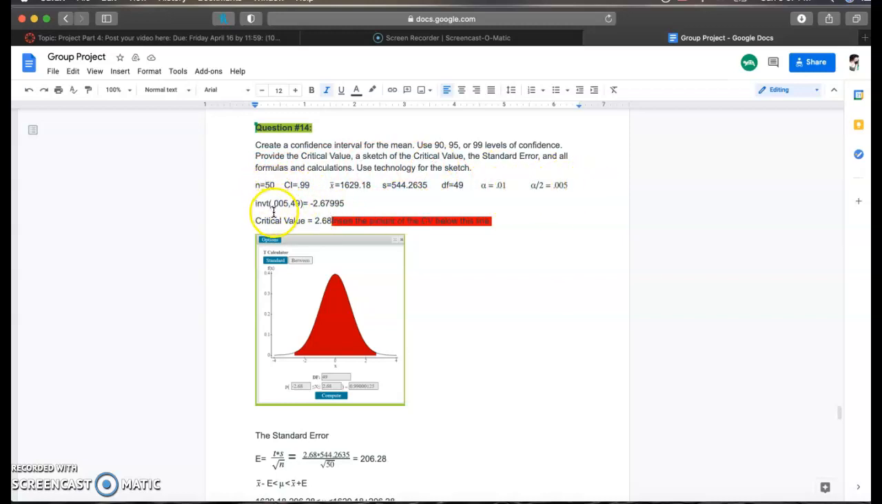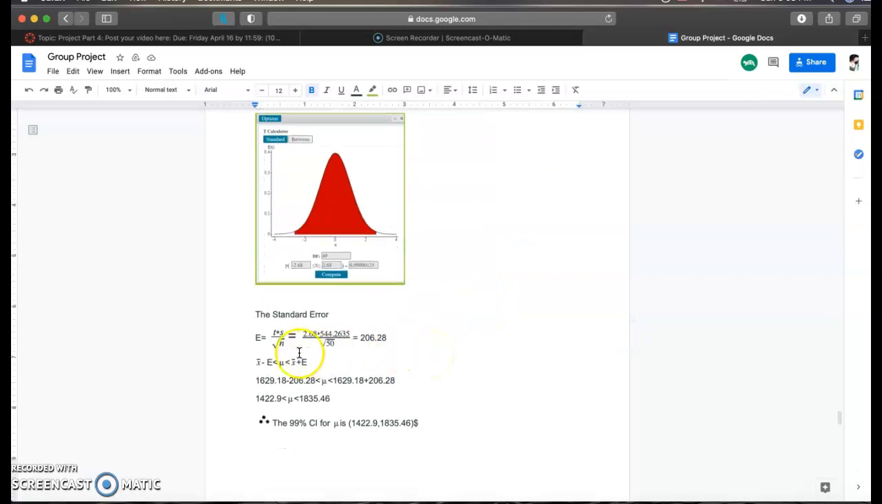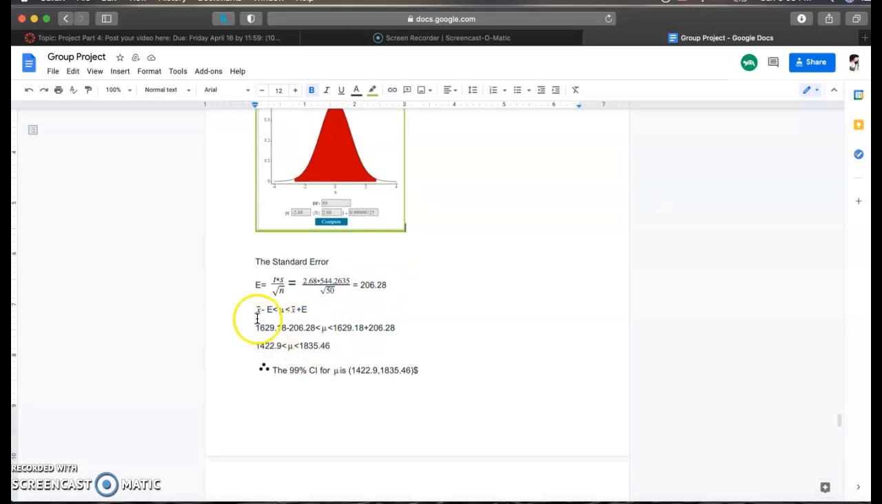We used inverse t and plugged in 0.005 and 49. We got negative 2.67995. We rounded that and made it a positive value to get 2.68 for the critical value. This was our sketch using technology from StatCrunch. For the standard error, we plugged in our numbers here and got 206.28. We then plugged this number into this equation over here, which gave us the 99% CI for the mean